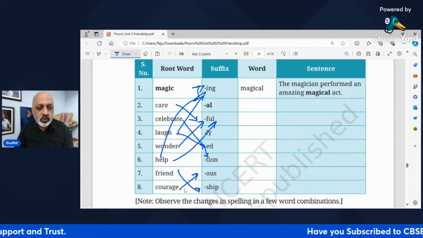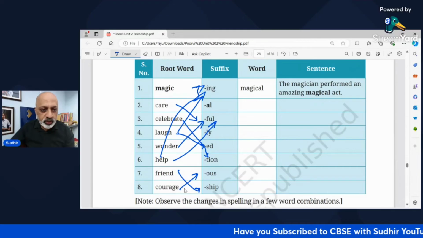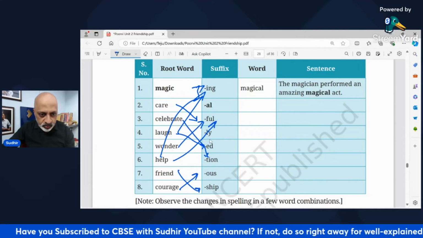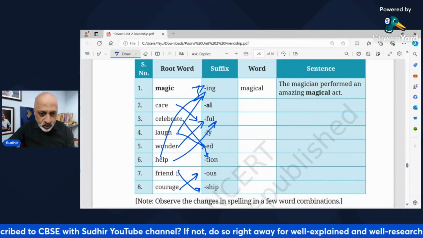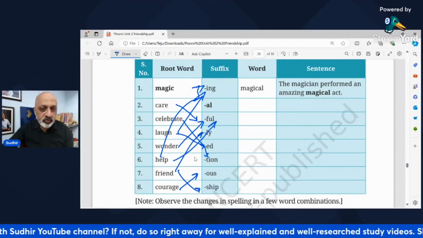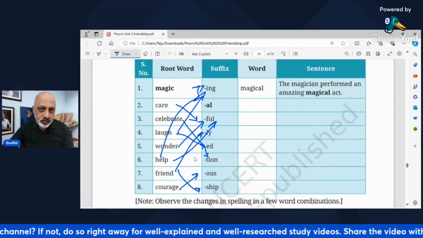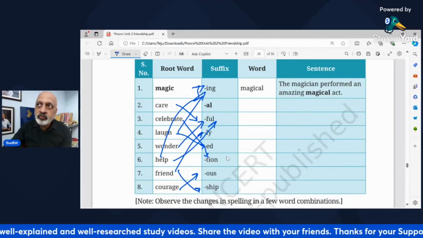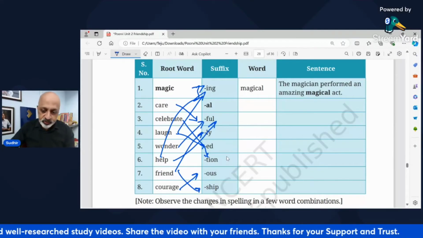Courageous. Okay. So this way you have used all the words. Ye ly yahan pe kahin use nahi hua. Celebration, careful, laugh, wonder, help, friend. Haan, friend mein you can use even friendly also. Okay, friendly. He has a very friendly nature. Okay, and friendship. Our friendship, I mean, has been for the last 30 years, kind of a thing. Okay.